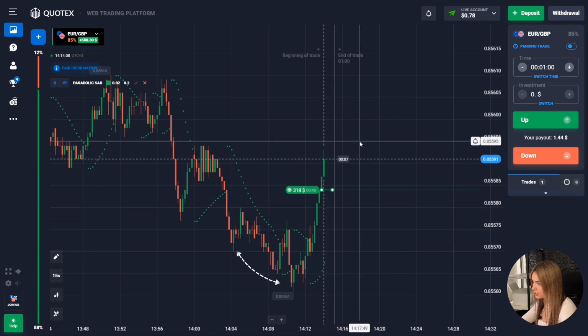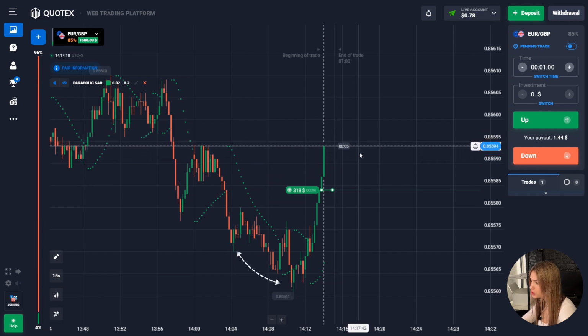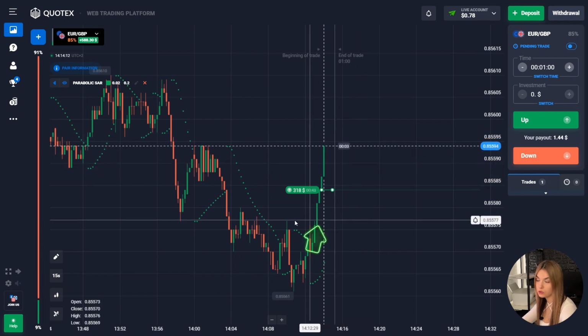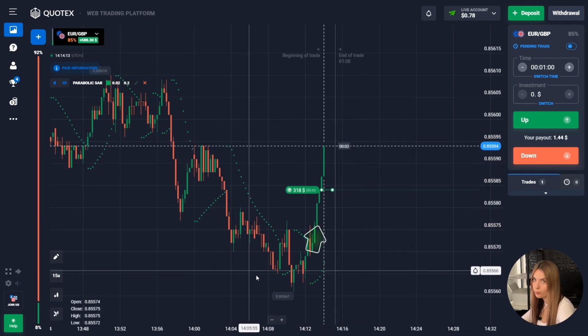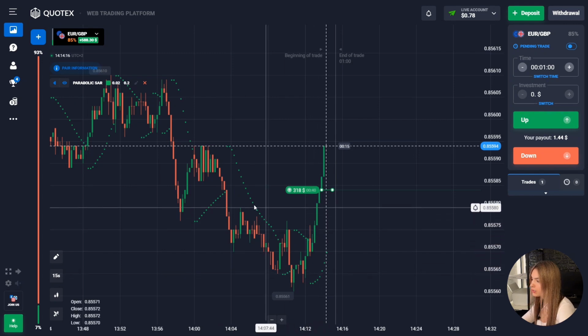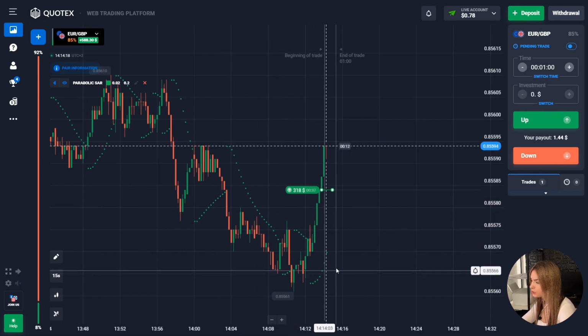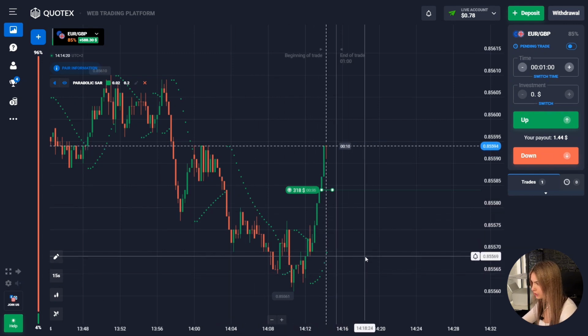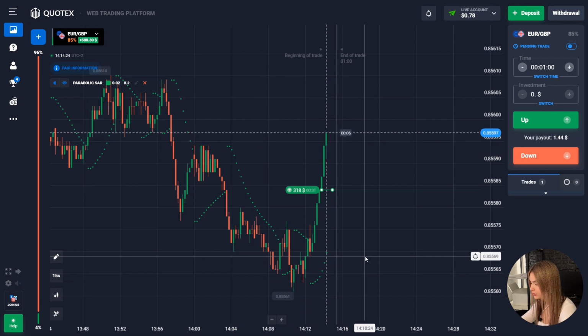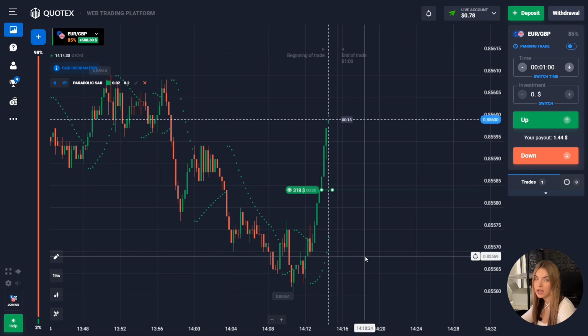At the same time, as you can see, here we had a certain attenuation, and only then the price began to move more impulsively in the opposite direction. So it is more likely that the price will continue to move up in the near future. Now the general trend in the market is going down. At the same time, it is also possible that we will see a price reversal, and now it will move on an uptrend. In this situation, I took the time of 1 minute because recently the price had been moving